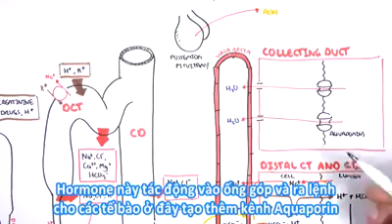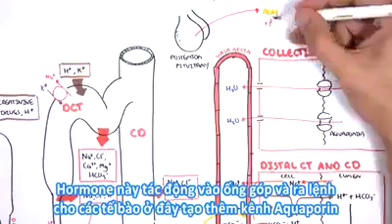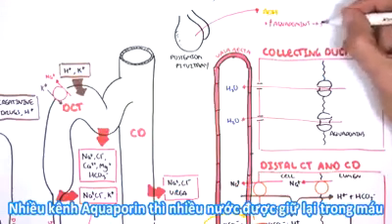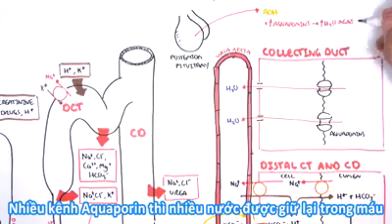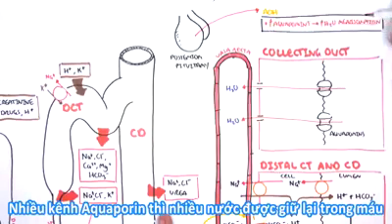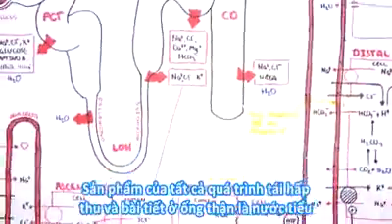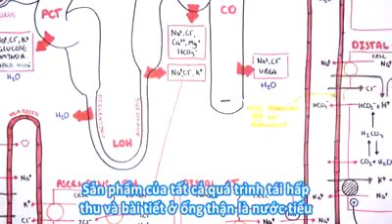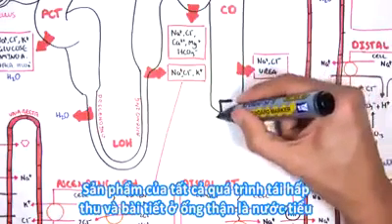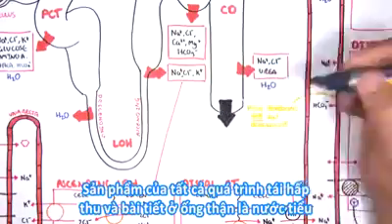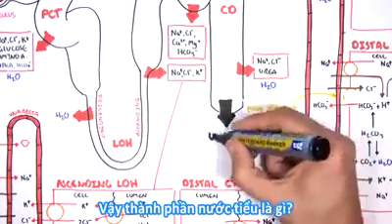This hormone targets the collecting ducts and essentially tells the cells here to make more aquaporins, which means that with more aquaporins, more water will be retained in circulation. After all the reabsorption and secretion that takes place along the tubule of the nephron, urine is produced. So what is in urine then?